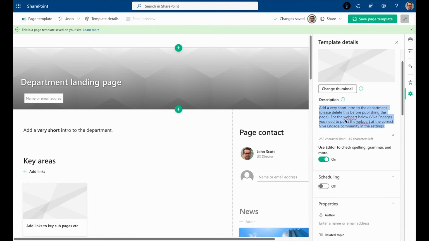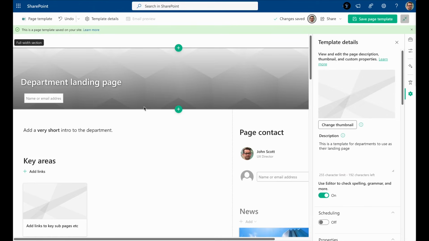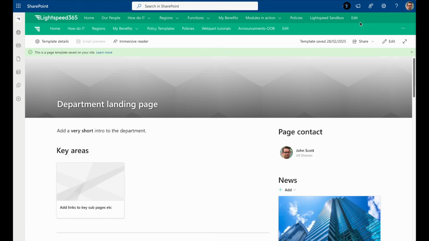So I'm going to put in here, this is a template for departments to use as their landing page. Okay. And yeah, there are some other things I can fill in here, but I'm happy with that for now. I'm going to say save page template, and that's going to now make that template available.